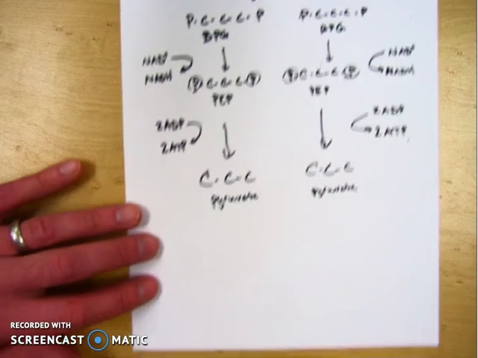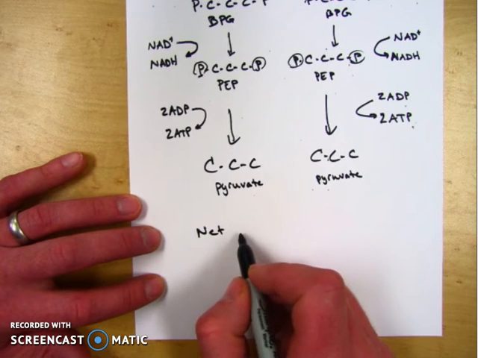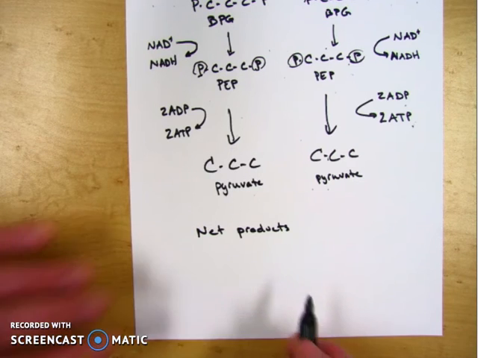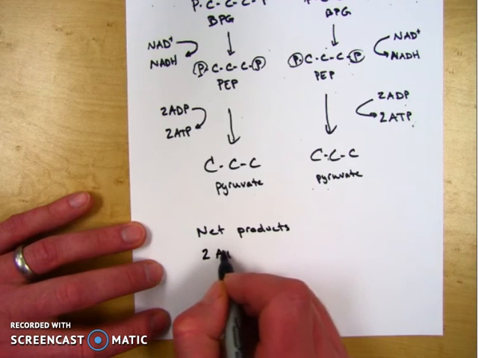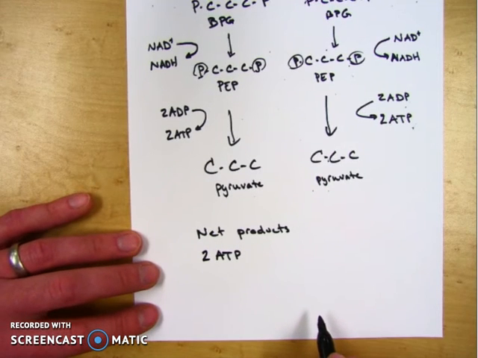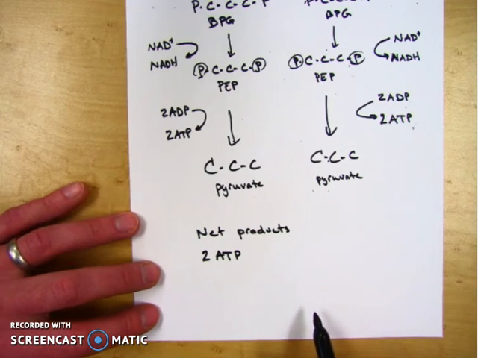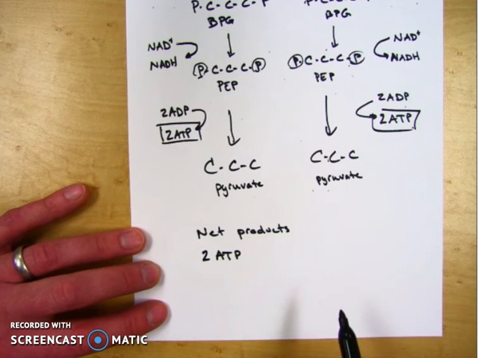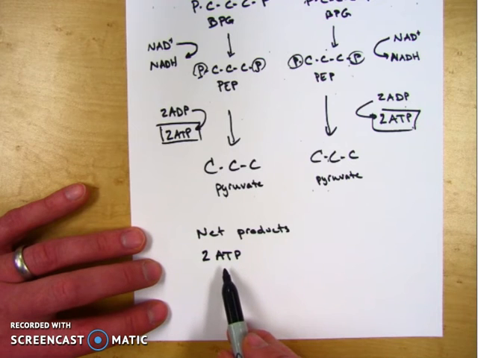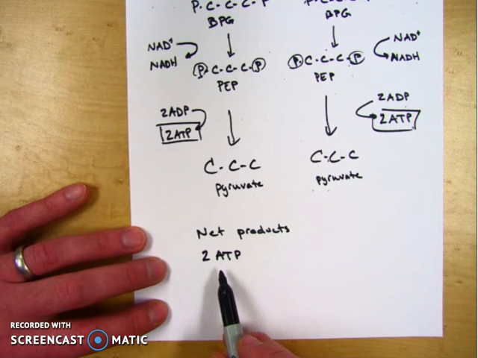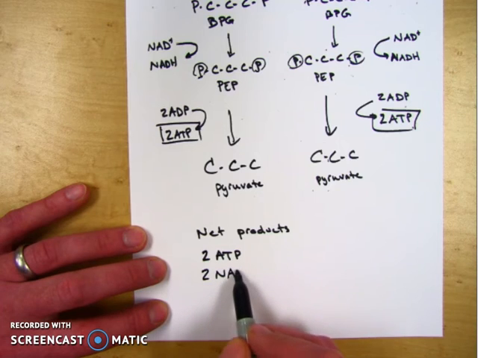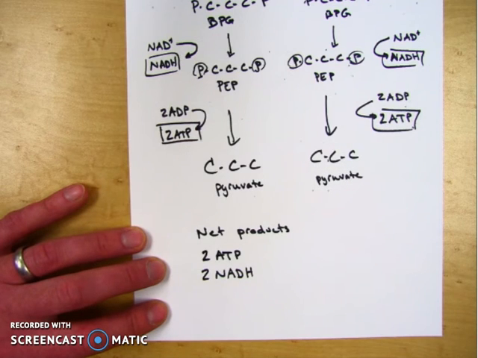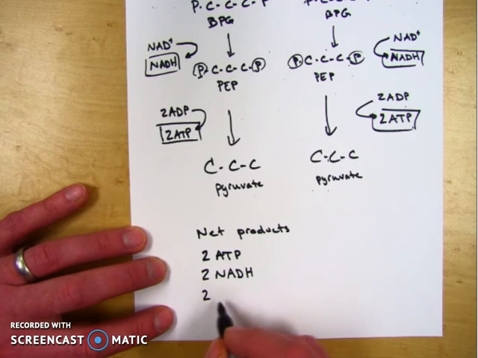All right, so let's look at our products here. What actually happened in this reaction? The net products accounts for everything that went in, everything that comes out. So we say that we gained a net of 2 ATP because 2 were spent to get this reaction going. We actually formed a total of 4 ATP here, but at the very beginning stage, 2 were needed. So we say that 2 net were generated. 2 NADH were formed in the payoff stage here and here. And then 2 pyruvate